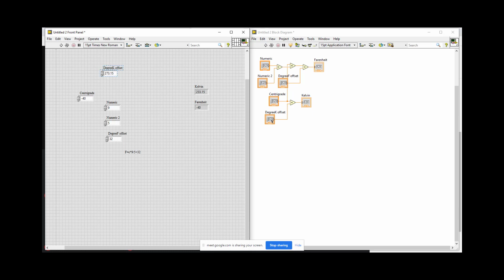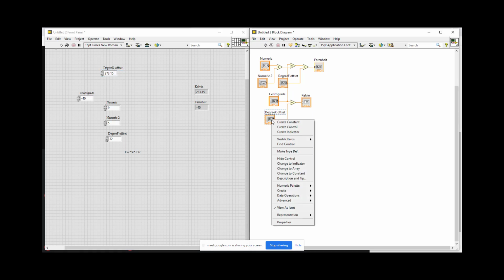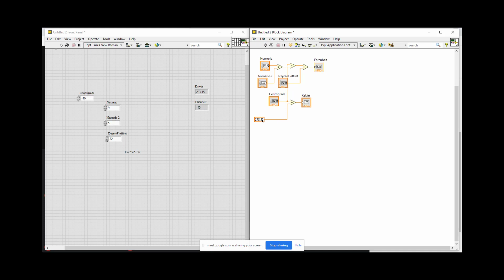So whatever constant is there, it is going to get converted into block diagram only, and it won't show up on the front panel. Okay, so this is now a constant. We can change its value from the block diagram only. Right now we don't need it on the front panel. So the centigrade value we need here, and everything else we need as a constant.